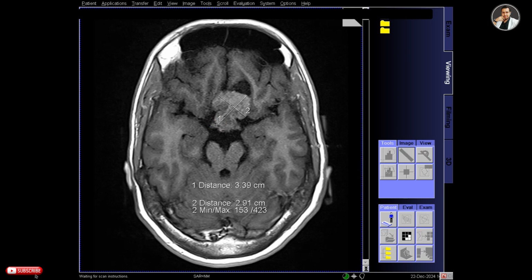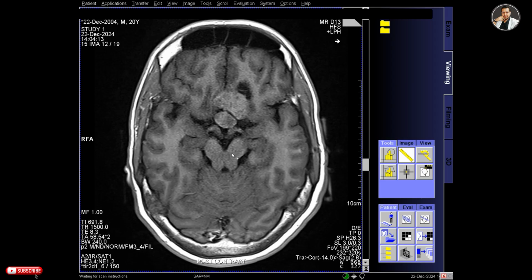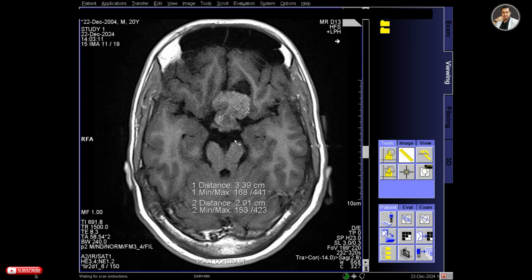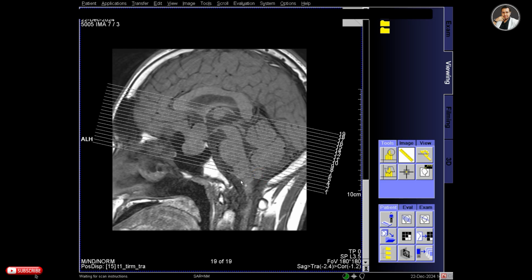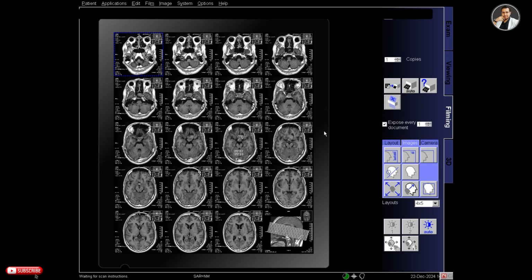So when you measure, make sure that only this image is selected, not the series. And now select series and then send to filming, and again send the reference image.